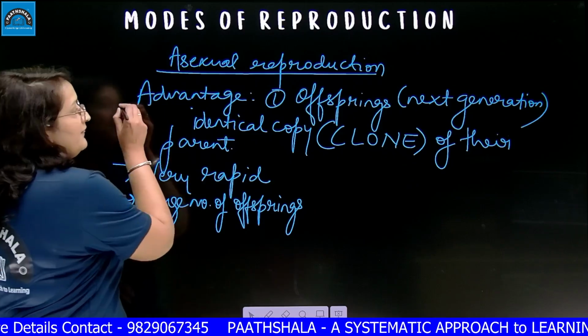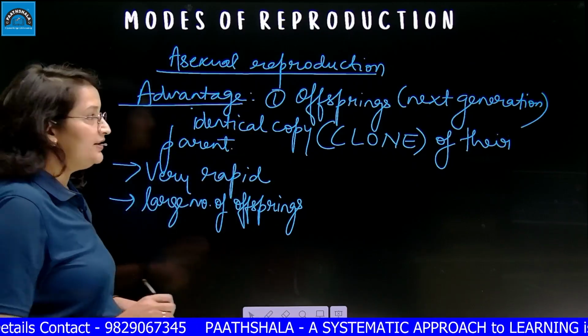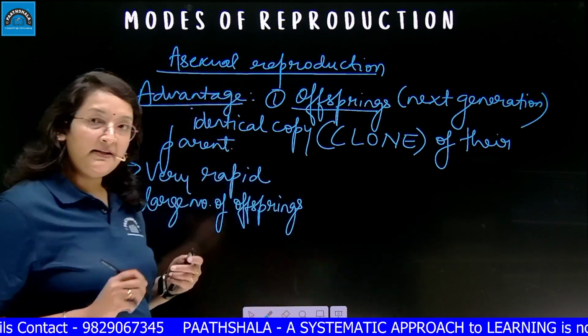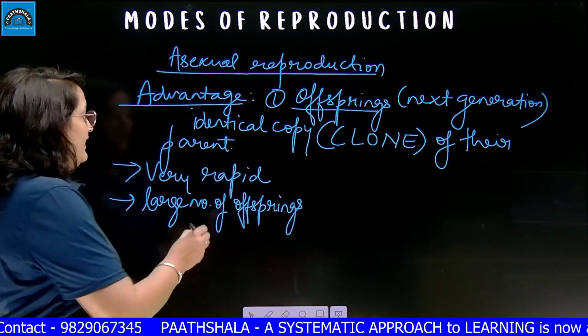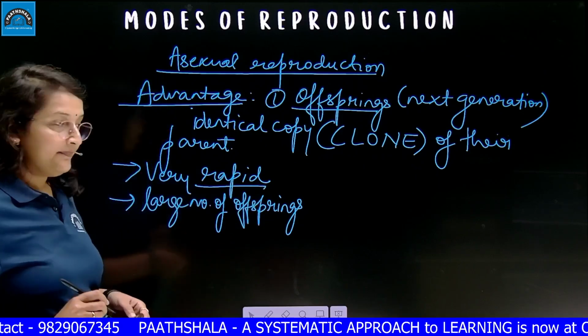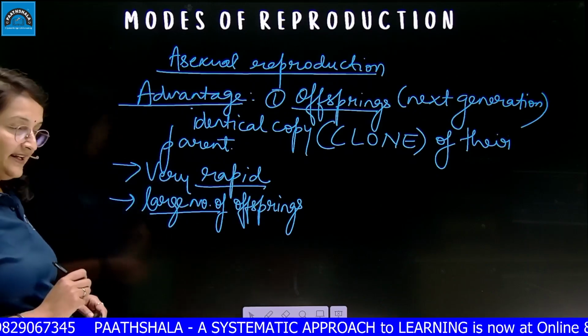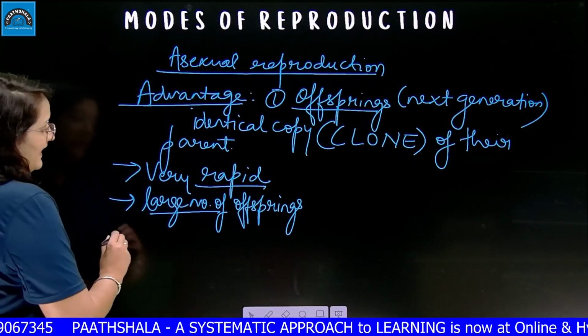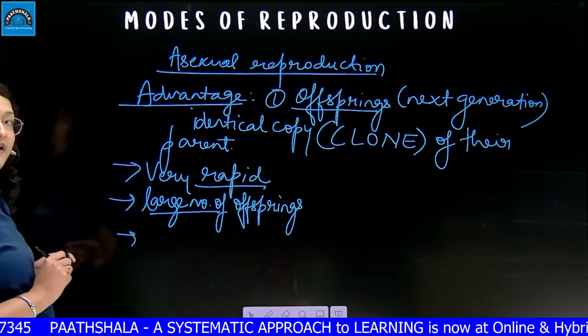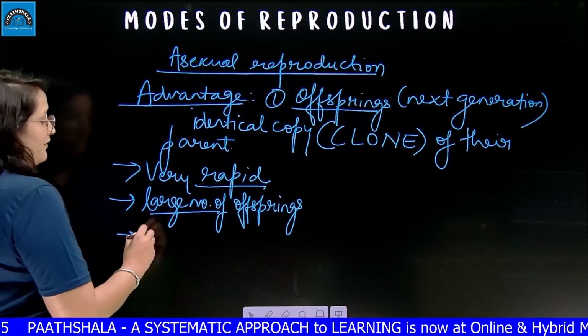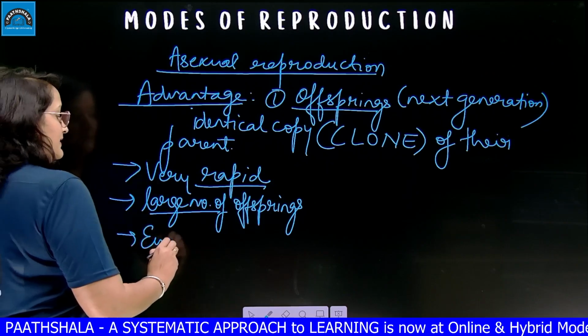There are a few advantages of asexual reproduction. The offspring are exact copies of their parent. This reproduction is rapid, producing a large number of organisms, offspring. And this type of reproduction is even possible